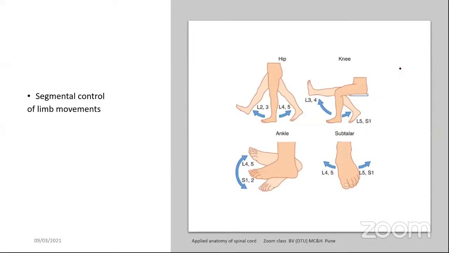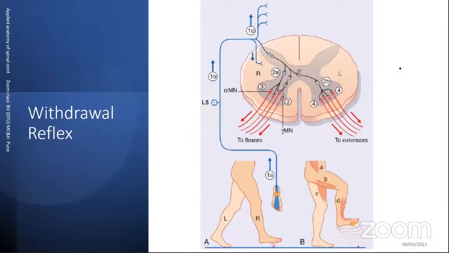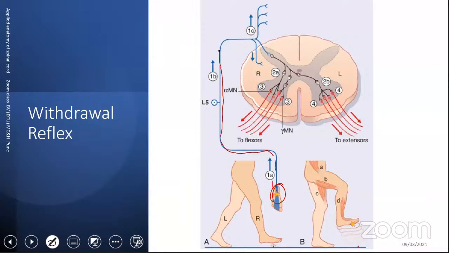The spinal segmental control of the limb movements is to be remembered for localization purposes. So you can see the withdrawal reflex, and that is the crossed extensor reflex, and these are the fibers that are coming from the foot. If your foot lands on, say, a pin or something which hurts you, the impulses will get carried to the A-delta sensory afferents, and they enter the spinal cord into the Rexed laminae 2, 3, 4, and from